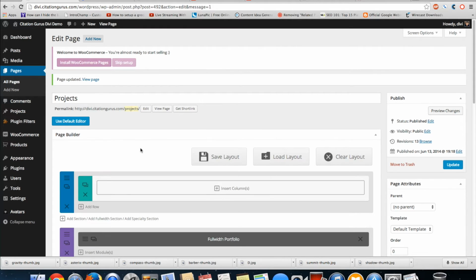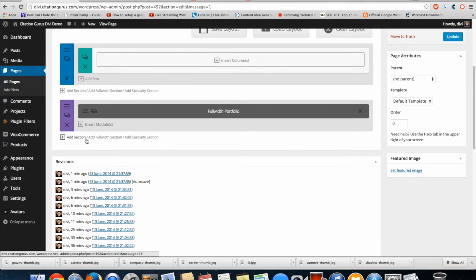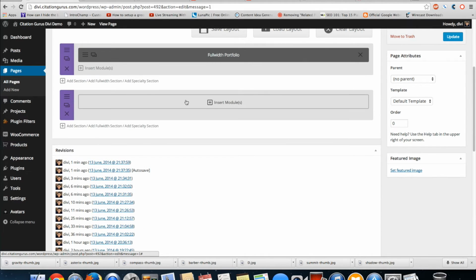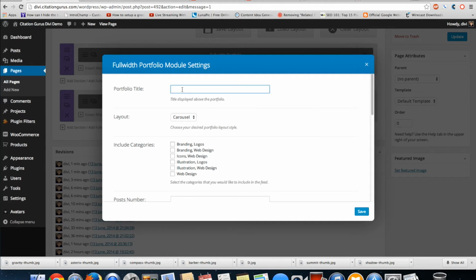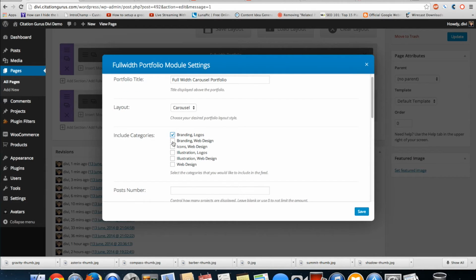Okay, let's go back, and now I'm going to add to this underneath another full width section. I'm going to add a full width portfolio again, except this one we're going to label full width carousel portfolio, and this one I am going to put in the carousel,